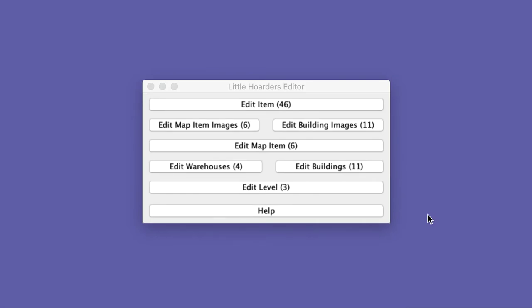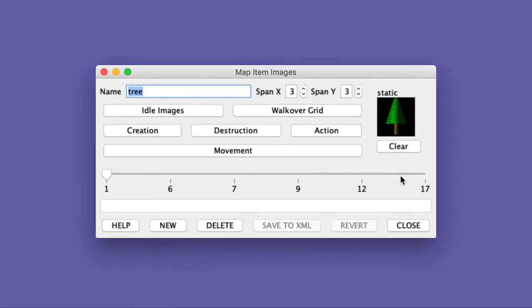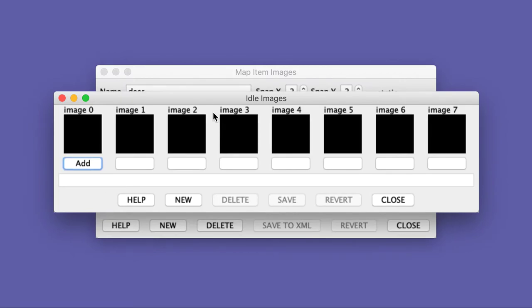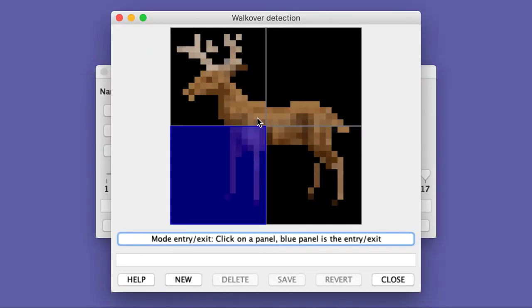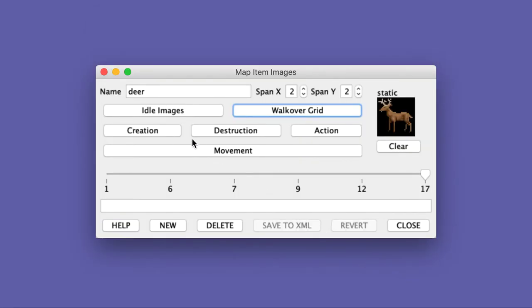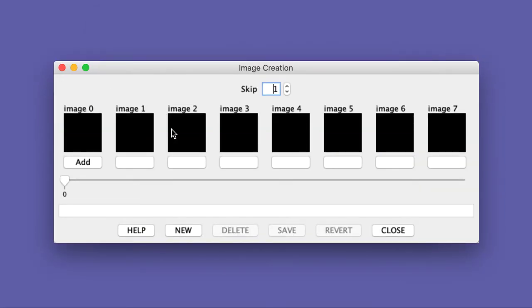Level 4 introduces a new map item type, the deer, which is a moving map item. Let's take a look at the images needed for this map item. Idle images are not required for map items that move, so we do not need to set any. For the walkover grid, we only need to set the entry-exit point, as the map item will always be able to be walked over. You can set creation and destruction images, but as the deer can only be placed during